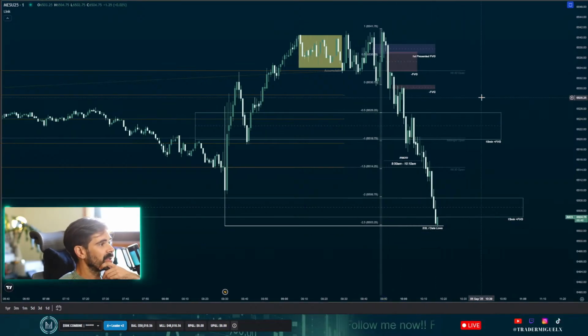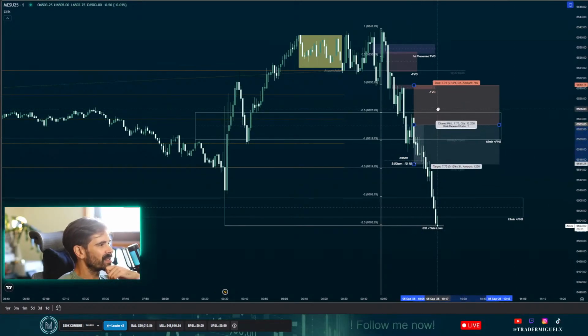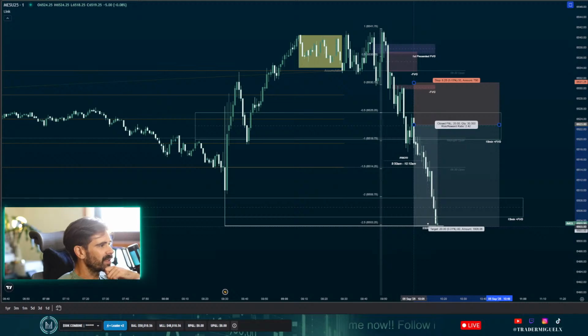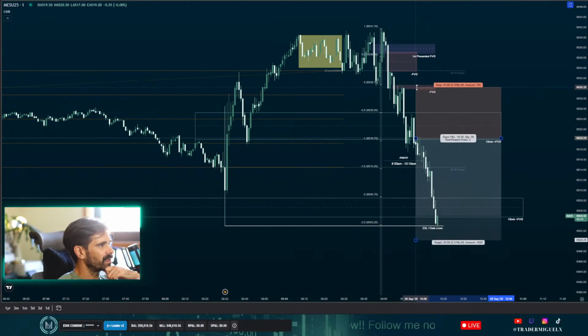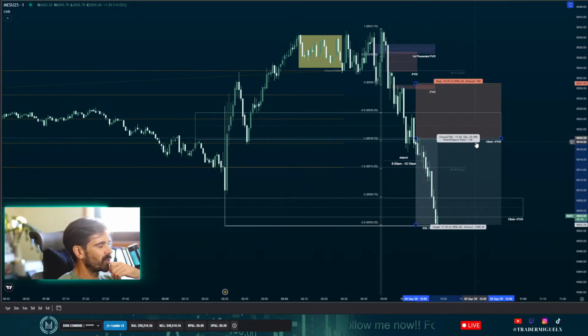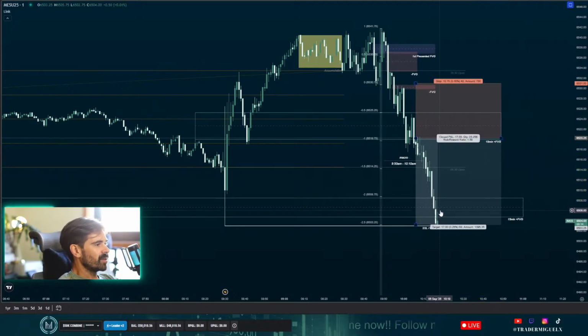The only thing that really didn't make me take the short was the risk to reward ratio here was kind of crappy, because I would have to extend my stop loss at least here, and it would give me something like a, yeah, price was somewhere here when I decided. So I would have to take something like this. This is a 1.5. It's not that good, honestly. I would have no drawdown, but